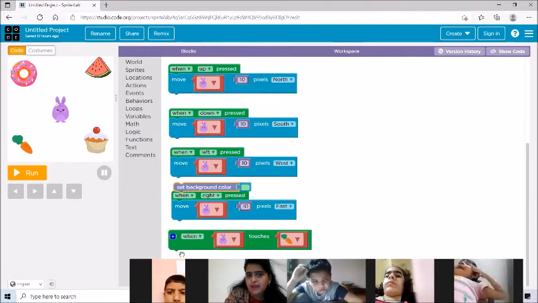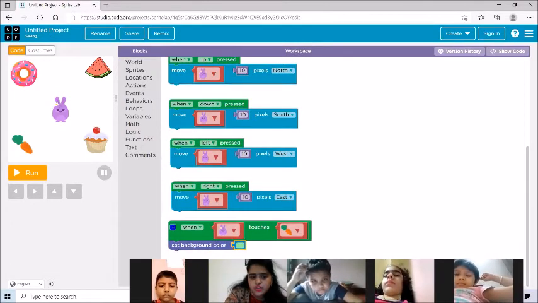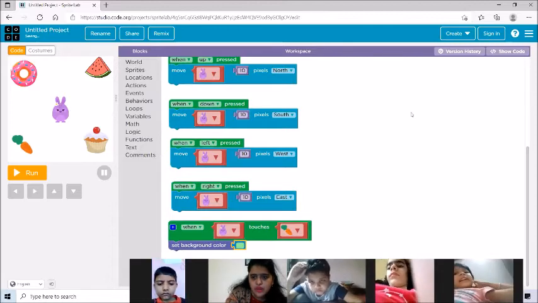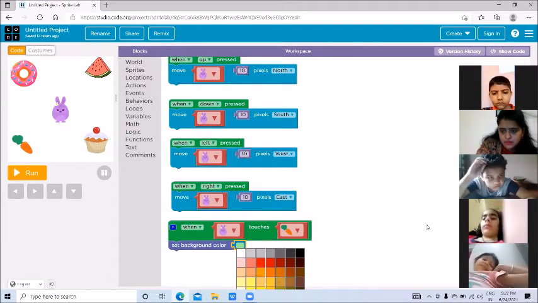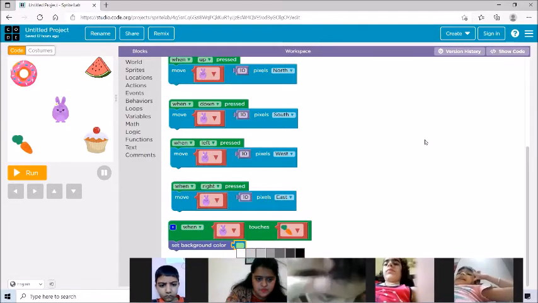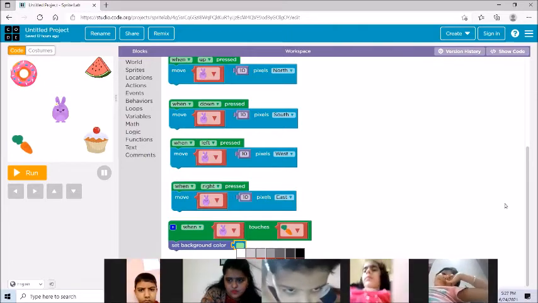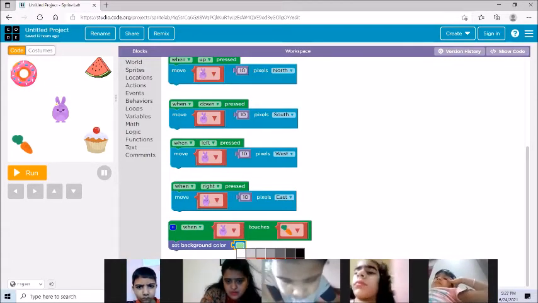Okay, so when bunny touches the carrot, then what will happen? The background color should turn into green. Okay, so here we will select the green color. Just a minute. So we'll select the green color here.